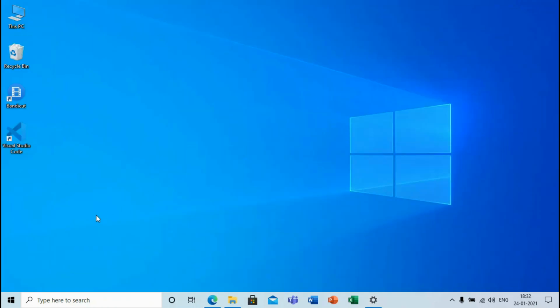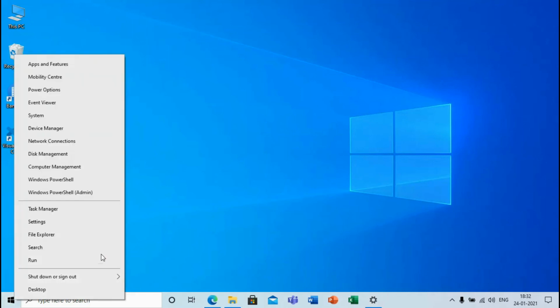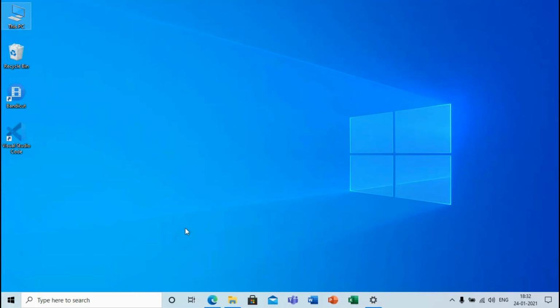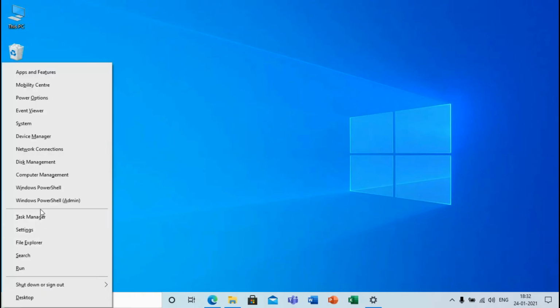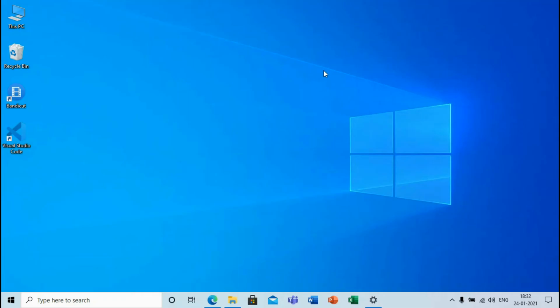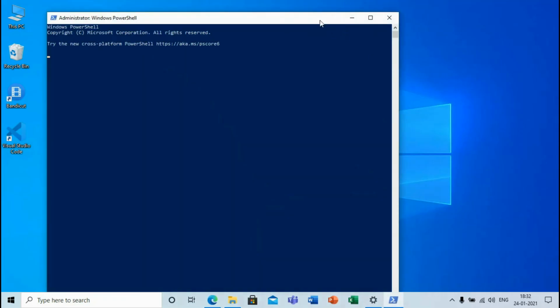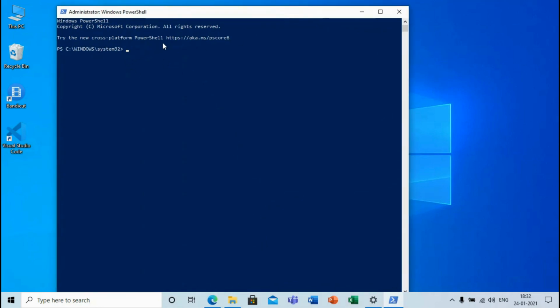And now we will open our PowerShell window. I will right click on the Windows key, or press the combination Windows X and open Windows PowerShell admin. And you have to click on yes. And you can see your PowerShell window is open. For testing if our Python is installed or not, we have to type here Python. And we can see our Python interpreter has started. Here we can start our coding in Python or in Visual Studio Code. But Visual Studio Code is a better way for coding. So we will start our coding in Visual Studio Code.